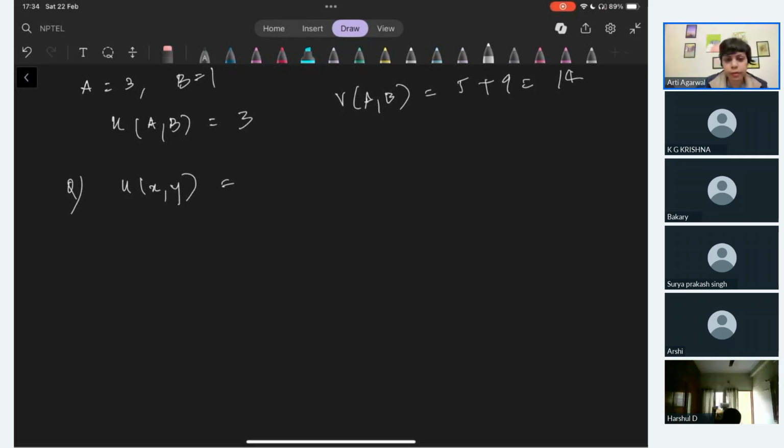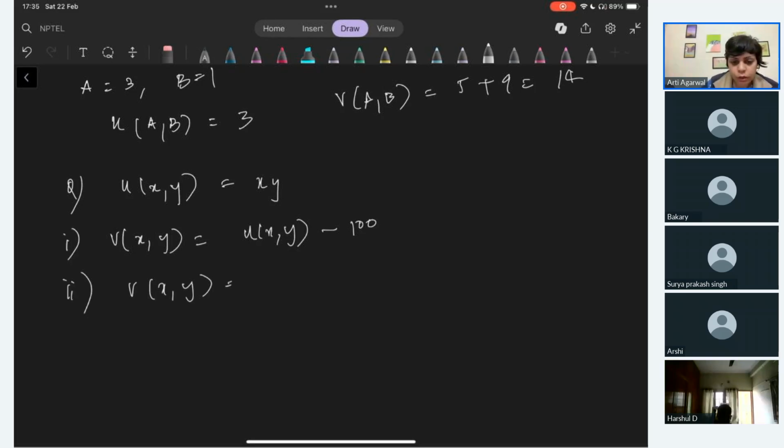Let's just keep things simple. And if v(x, y) is equal to u(x, y) minus 100, let's say. This is part 1. Part 2 is v(x, y) is equal to